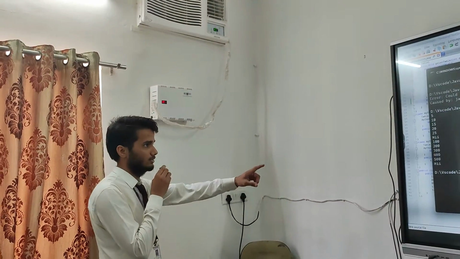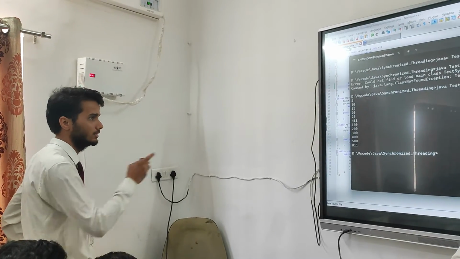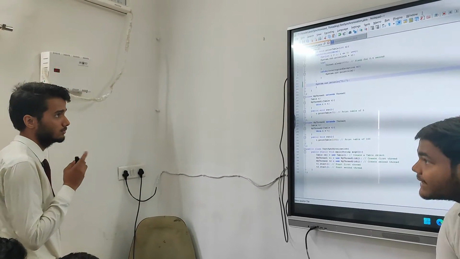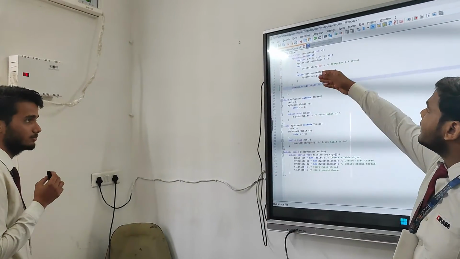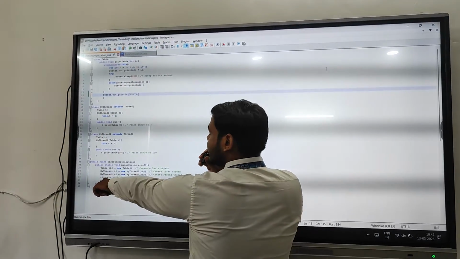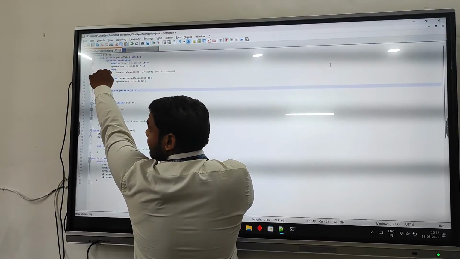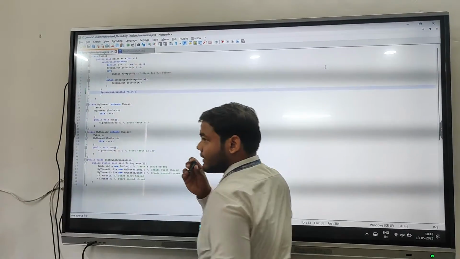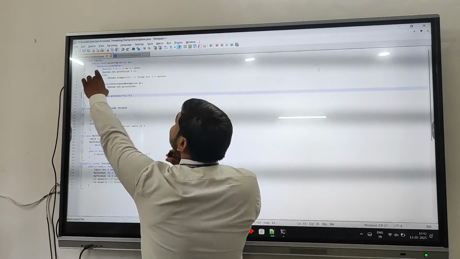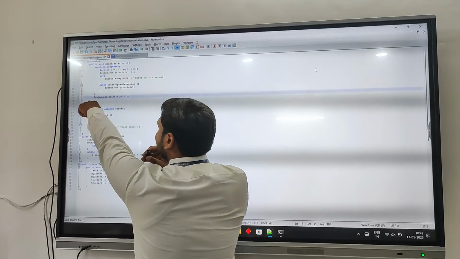But the System.out.println should be called every time by both threads. It is called only once. Why? It is outside the synchronized block. Then why is it not called many times? You have to see the flow of execution. If I start T1, it will go here and do this work. The 5 table you will see. And in the meantime, could thread T2 access the System.out.println? No, because of the flow of execution. The flow of execution will break if it accesses directly.